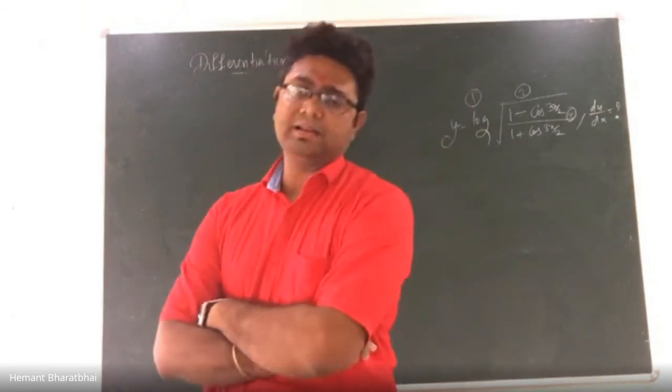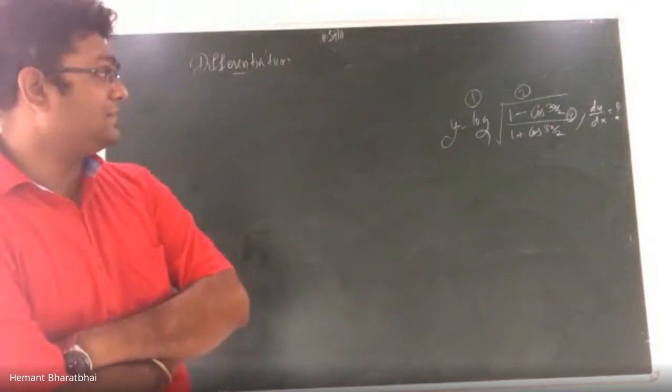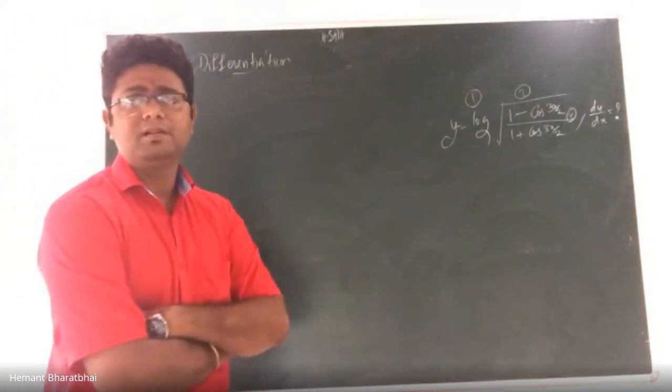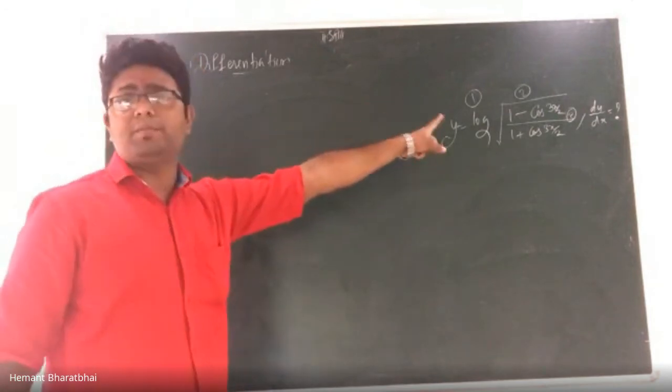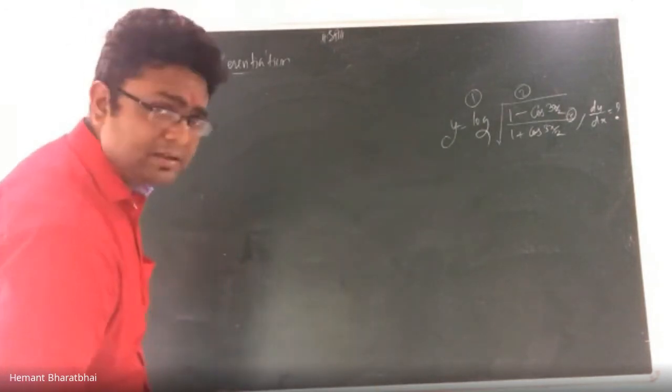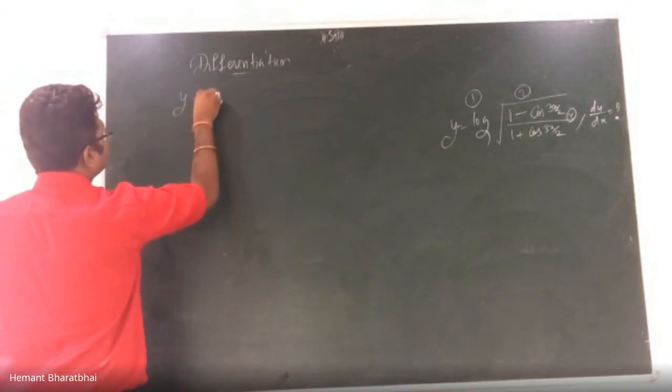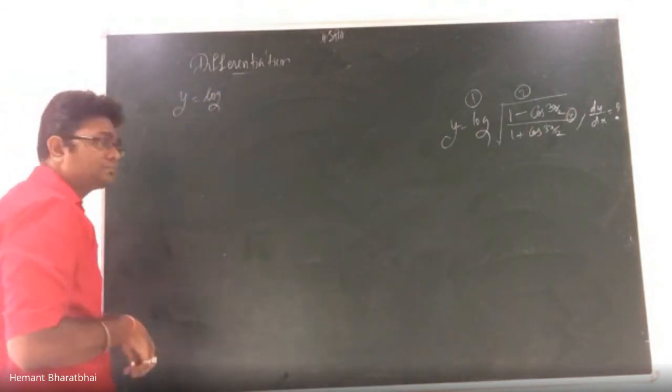Okay, and that is why I said you try a little bit, you'll understand. Don't directly apply the chain rule always. Here it is possible to simplify it, then only we'll apply it. So let's try to simplify it. So y is equals to log of